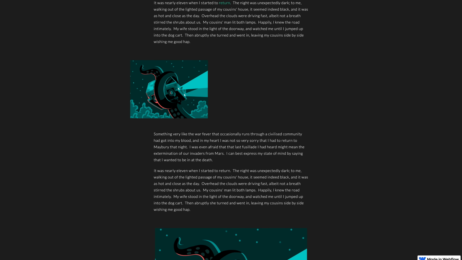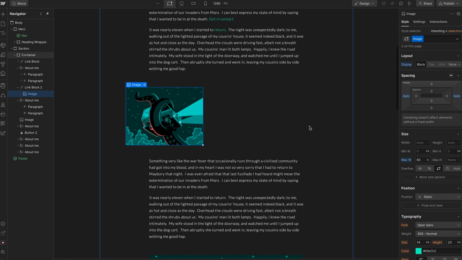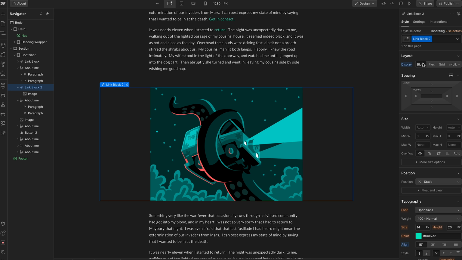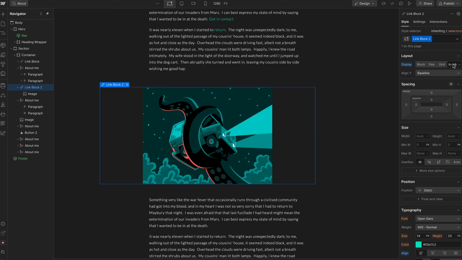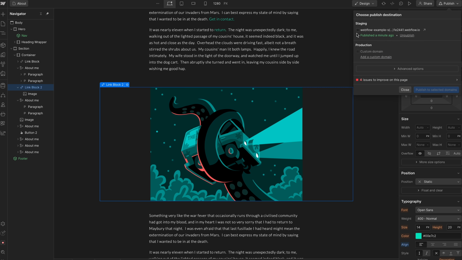But as I said before, what it's done now, we've added the link, it's added some sort of different styles and things to the outside of this link block. So what we might need to do is change this. So in this instance, it sets the link block as an inline block. But actually the easiest way to display it would just be as a block in this instance, which is fine for this, because essentially an inline block can sit alongside other things, but a block just clears itself top and bottom. So if we publish that again,